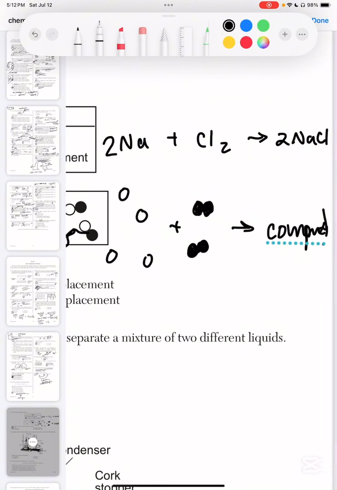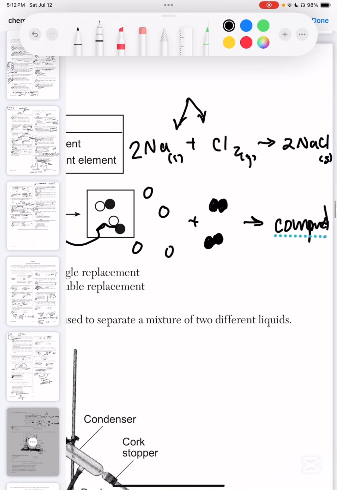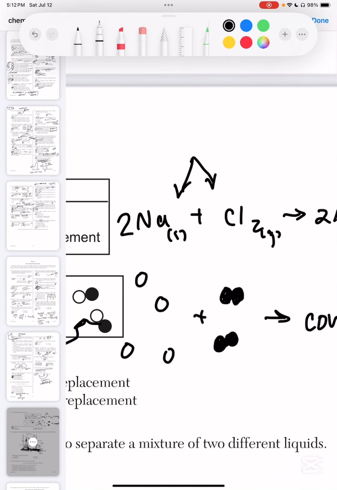I should probably write the phases. But yeah, I feel like this gives you a clearer view because the way they did it here is kind of trippy, not gonna lie. This makes it clear that this is a synthesis reaction because it's 2 things